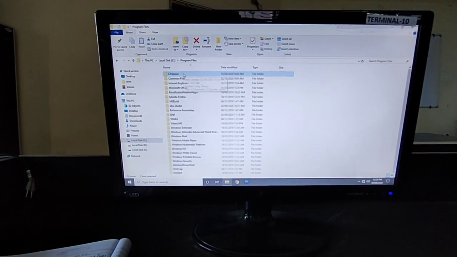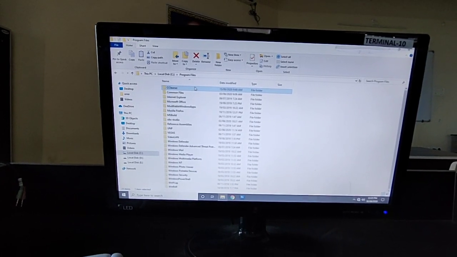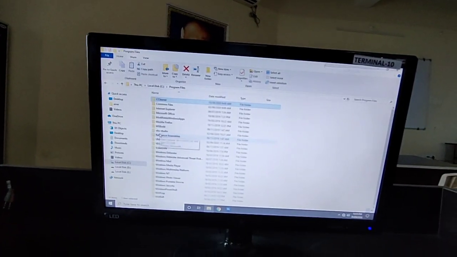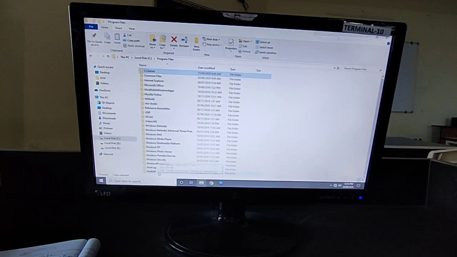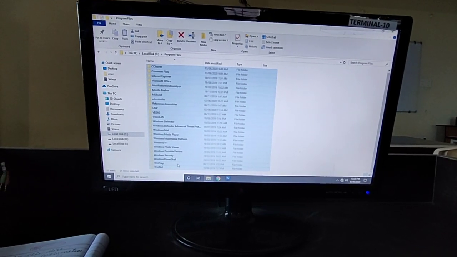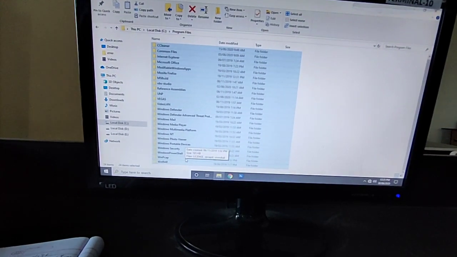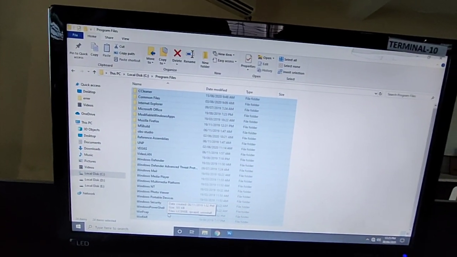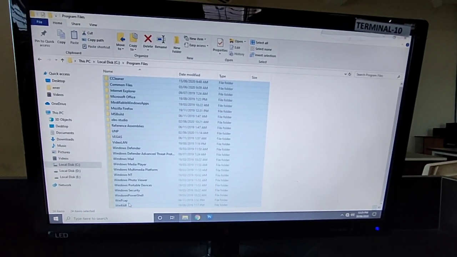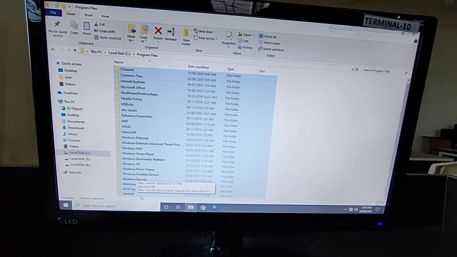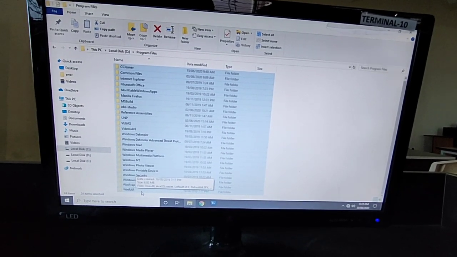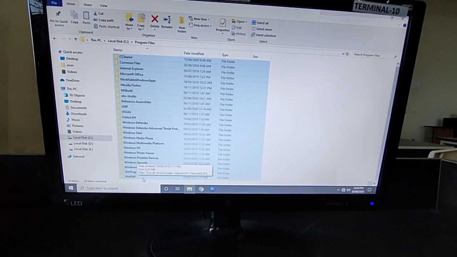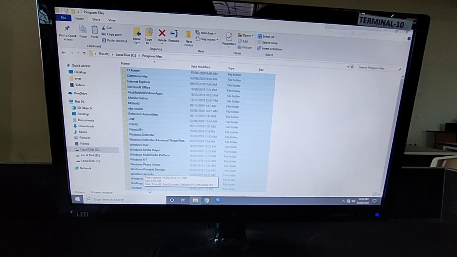First I click on the first folder, then press and hold the Shift key and click on the last file and folder to be selected. You can see here when I click the first folder, that folder is named CCleaner. Then I hold down the Shift key and click on the last folder, and in this way all the folders get selected. So this is your adjacent file and folder selection. By this way you can select all the files and folders using this method.